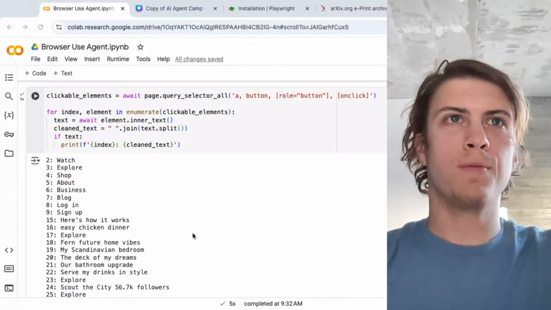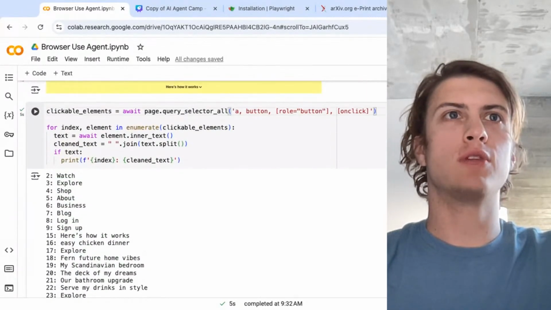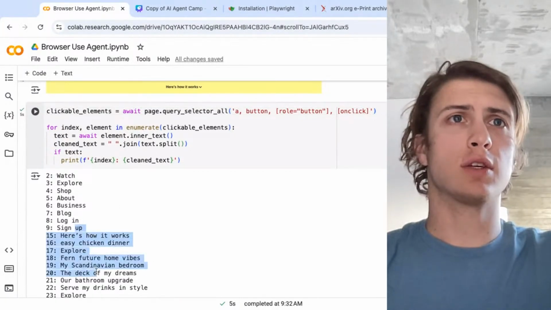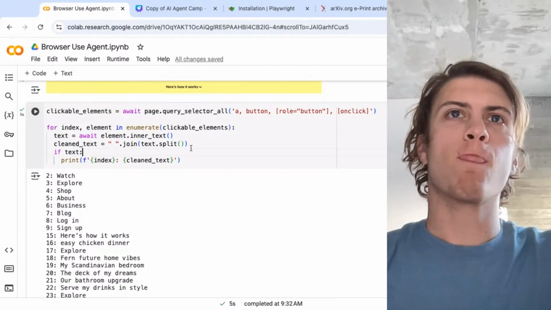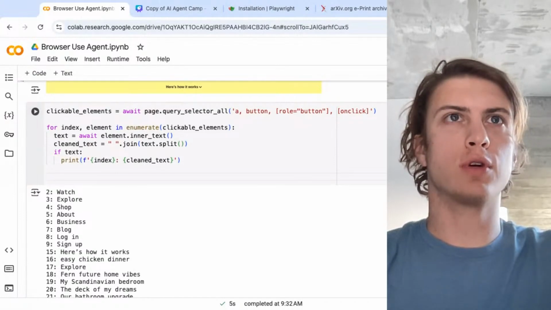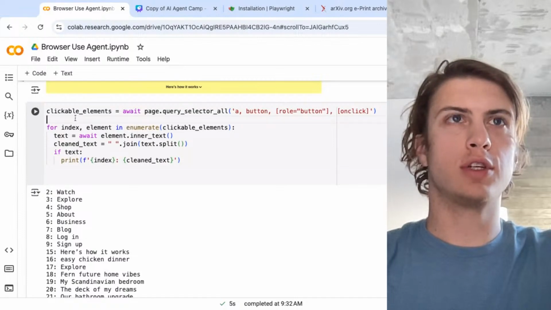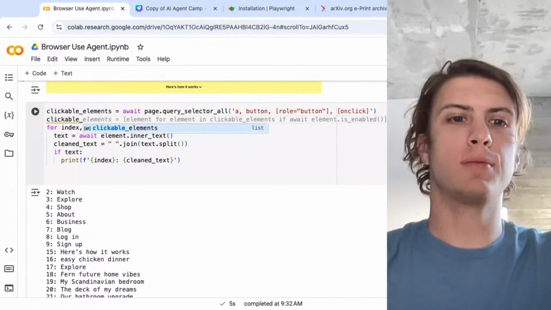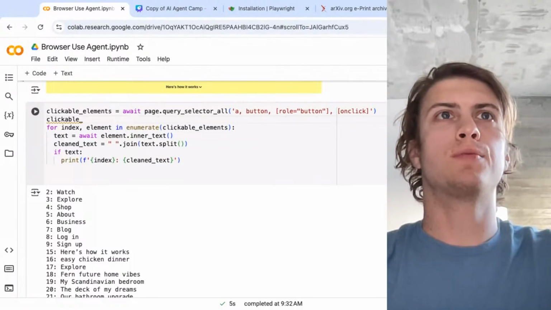So we could probably give this directly to the agent just as it is and see what it wants to do. Or we could do it sort of like a dictionary. Let's do it the dictionary way. So let's call it clickable